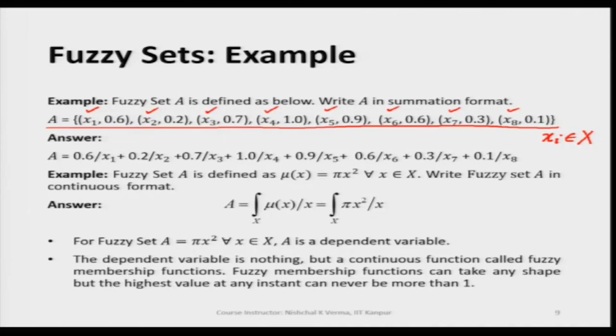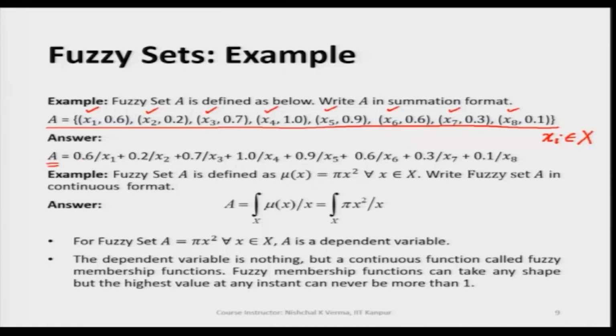So, how we will be writing this fuzzy set in the summation format. We have already seen how a fuzzy set can be written in the summation format. So, let us now quickly write and understand. So, you see here this A in summation format can be written as